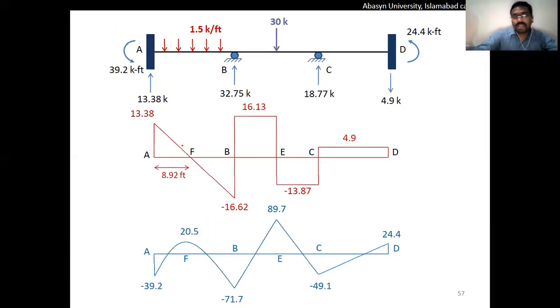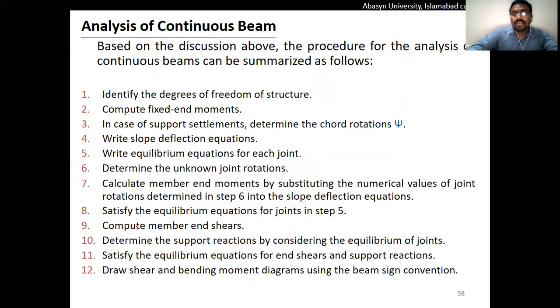So in order to summarize these points, at the point of contraflexure we have a moment of 20.5 kip-ft. At the support, we have already calculated the moment as minus 71.7, and at point C it is 4.7, point D is MAB. Similarly, at point A we have MAB. Then using the judgmental equation or the qualitative analysis, you have to draw the bending moment diagram and plug in these values over there. I hope you are clear about it.